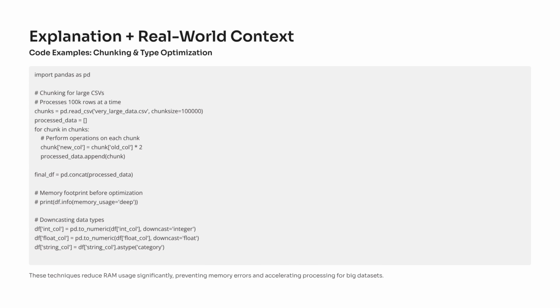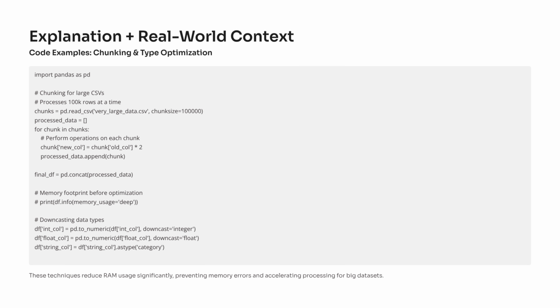Instead, you read it in chunks. For example, 100,000 rows at a time. Inside a simple loop, you process each chunk. Maybe you're cleaning a column, adding a new feature, and then saving that processed chunk to a list or writing it to disk. Once all the chunks are done, you can join them together into a single data frame, or save them to a Parquet file for downstream use. This approach lets you handle datasets far larger than your computer's memory, because you're only working with small pieces at